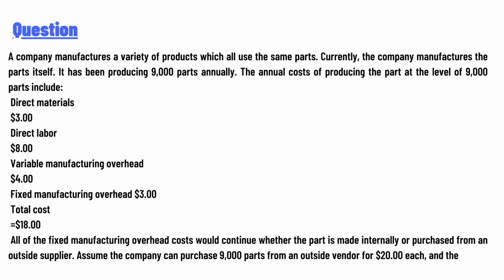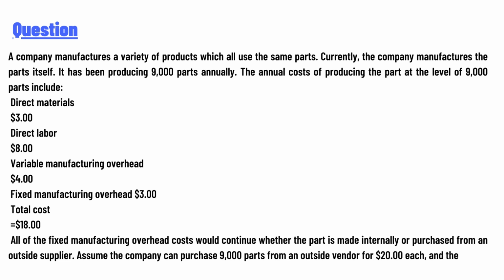The annual cost of producing the part at the level of 9,000 parts includes direct materials $3, direct labor $8, variable manufacturing overhead $4, fixed manufacturing overhead $3, total cost $18. All of the fixed manufacturing overhead costs would continue whether the part is made internally or purchased from an outside